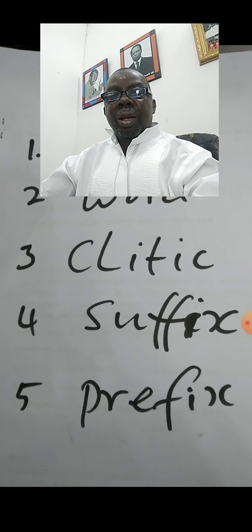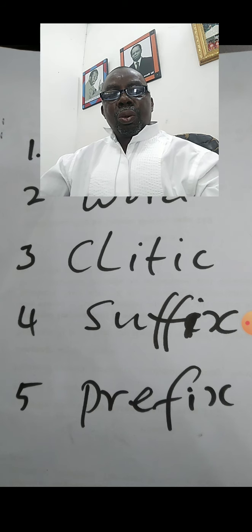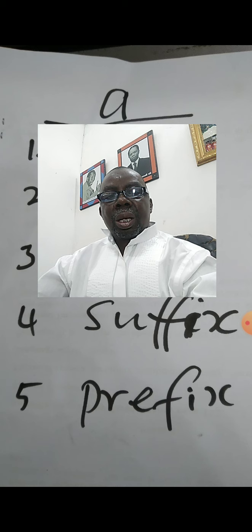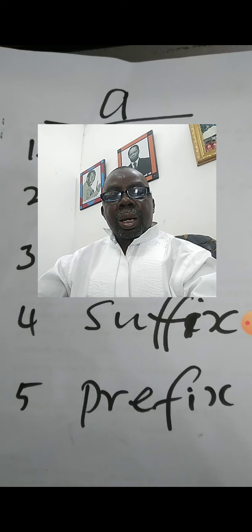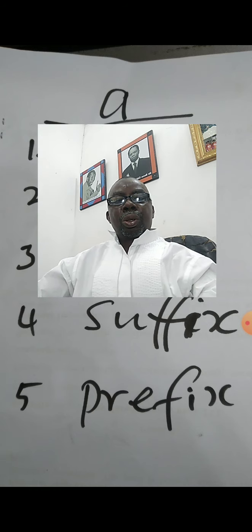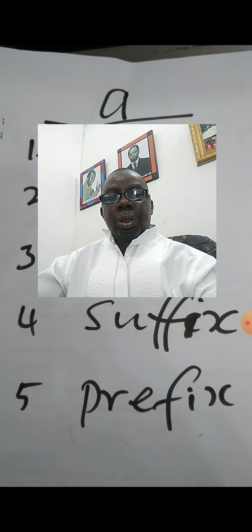Now, today we are going to consider the function of a letter in Kana alphabet. The letter whose function we want to consider today is A, letter A in the alphabet of Kana. In Kana, this letter is produced as A. So let us take a look at the functions of this letter in the alphabet of the language.